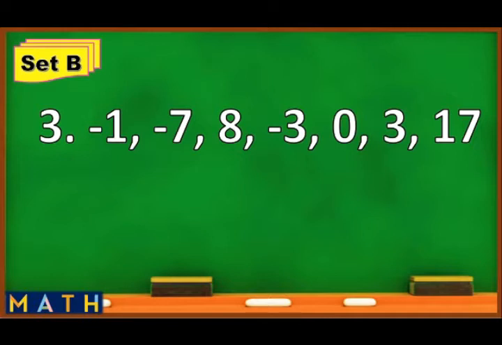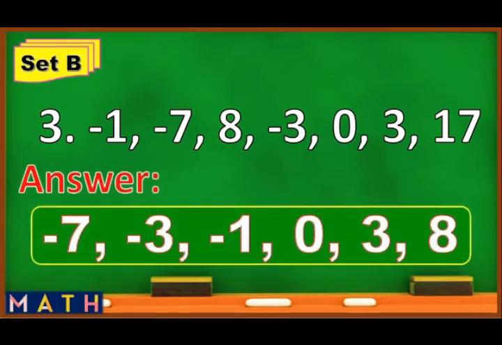The correct order of the integers is -7, -3, -1, 0, +3, and +8. Very good! How many correct answers did you get? If you got a perfect score, then congratulations! But if not, don't worry, for you will surely understand this interesting lesson as long as you keep your ears